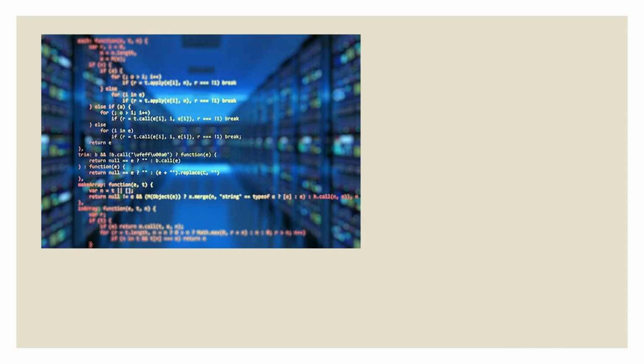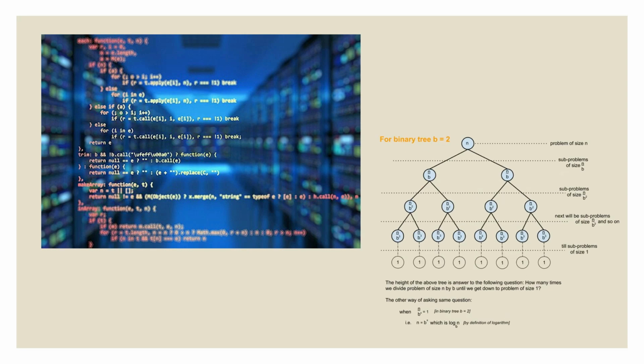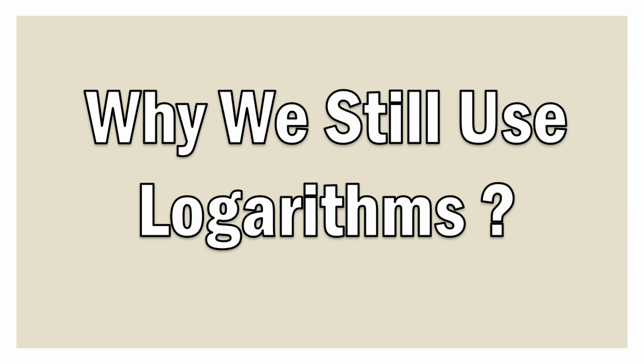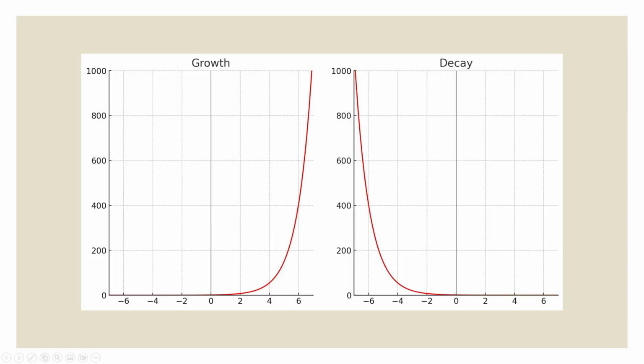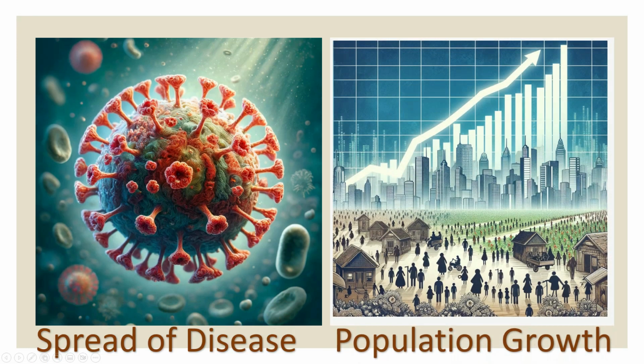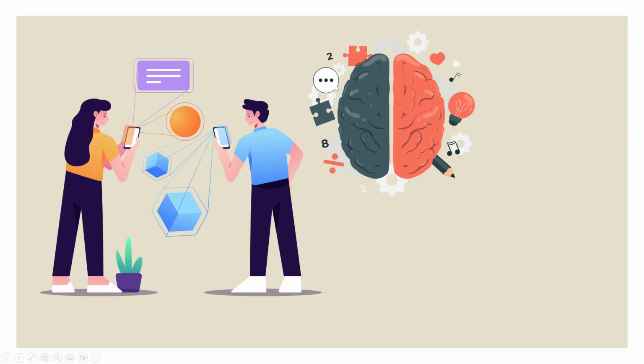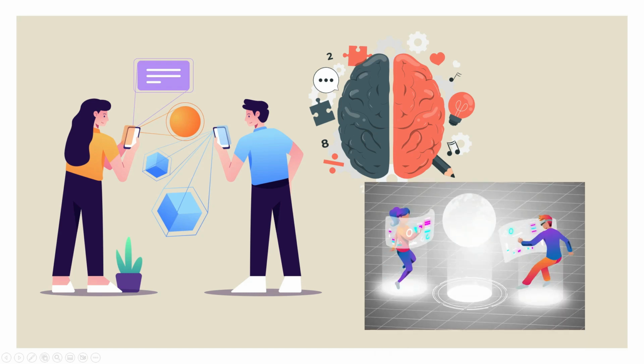And in computer science, logarithms are used in algorithms to handle data more efficiently. For example, in search algorithms and data compression techniques. Despite calculators, logarithms remain fundamental in understanding exponential growth and decay. They help us comprehend the spread of disease, population dynamics, and even the complexity of algorithms. Learning logarithms enhances our comprehension of mathematical relationships and real-world phenomena, providing insights into how different variables can interact and